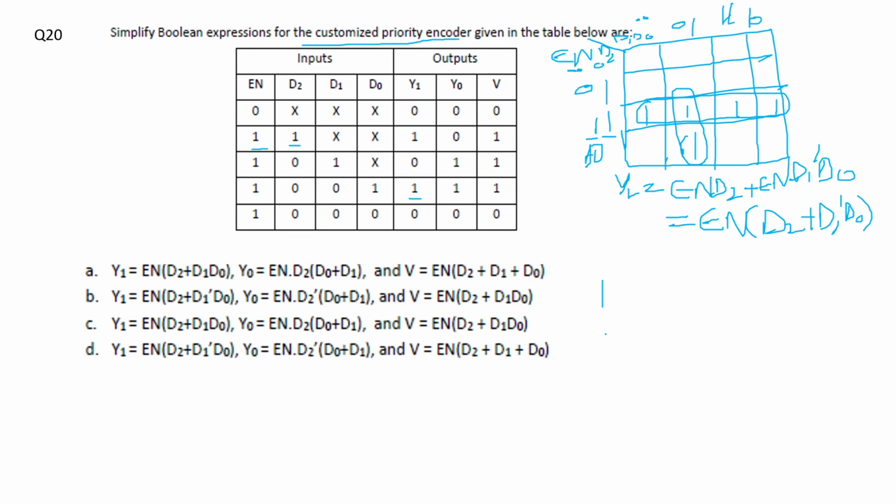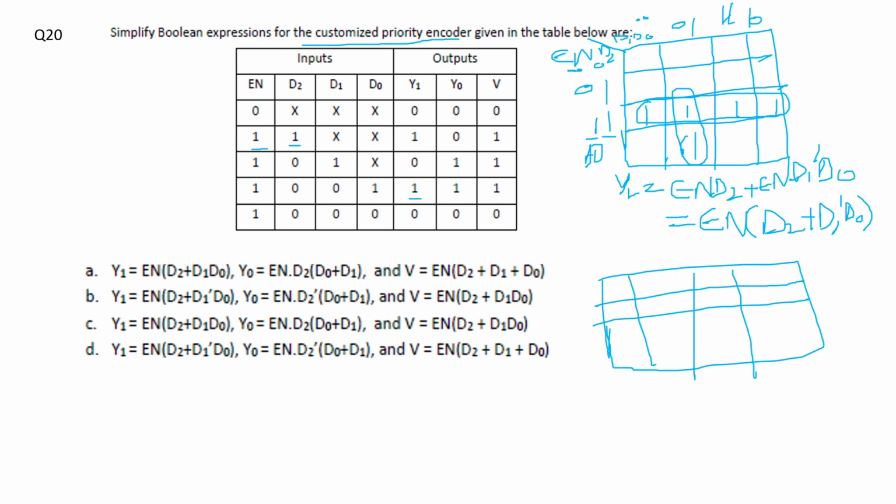Now coming to y0. So here again en and d2 same, 0 0, 0 1, 1 1 and 1 0. This is 0 0, 0 1, 1 1, 1 0. So y0 is 1 when en is 1, when d2 is 0,